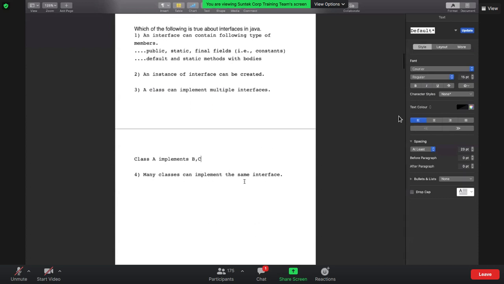Many classes can implement the same interface. Yes, interface gives an advantage of doing that as well. That's the purpose of an interface, because as many classes as we want can implement the same interface.